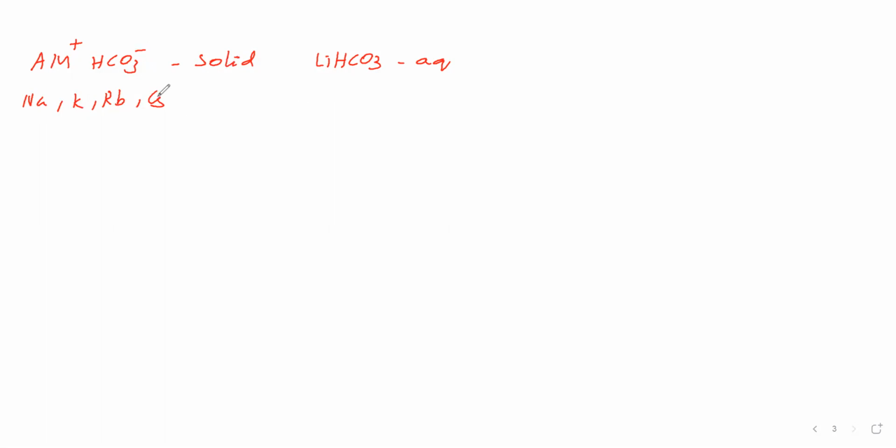Next, bicarbonates on heating. What will happen? Carbonate, water, and carbon dioxide will be obtained. Any bicarbonate you take, alkali metal bicarbonate or alkaline earth metal bicarbonate, will decompose to give carbonate, water and carbon dioxide. For example, sodium bicarbonate on heating gives sodium carbonate, water and carbon dioxide. So any metal bicarbonate on thermal heating decomposes to give metal carbonate, water